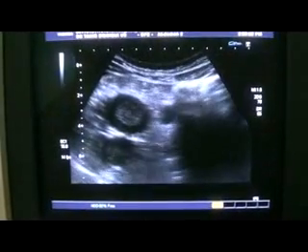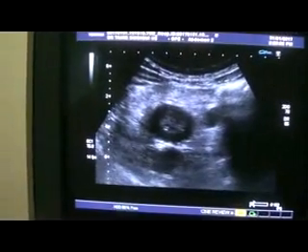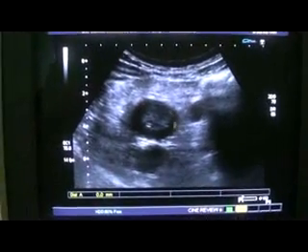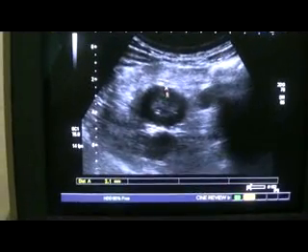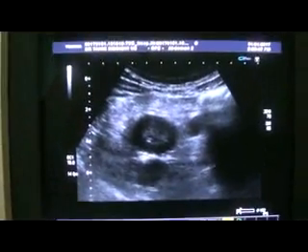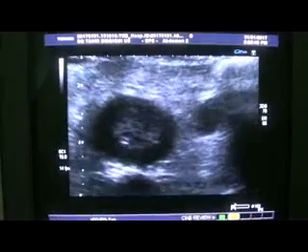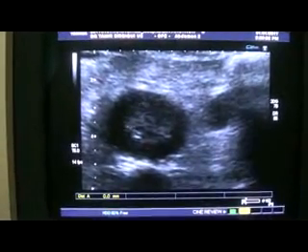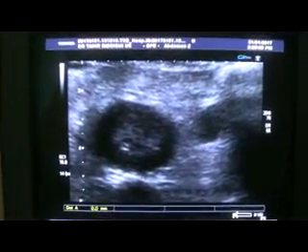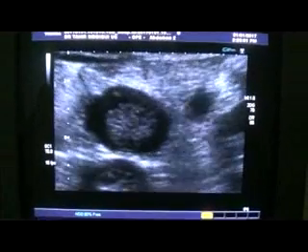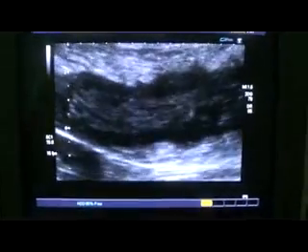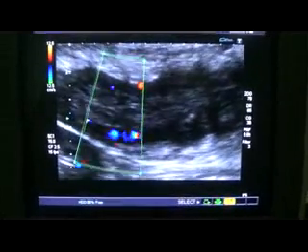Now, another interesting thing is the target sign. You can see an echogenic center with a hypoechoic rim, and here the wall measures approximately 4.9 mm. This is called the target sign of bowel disease. The echogenic center with a hypoechoic periphery is typical of this. Now making it longitudinal, this is the view of the bowel-related mass.